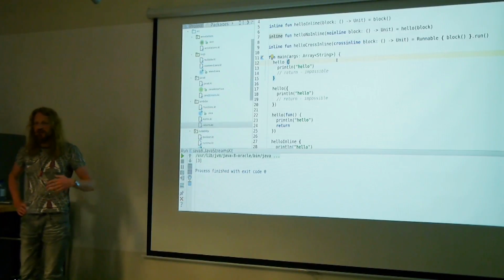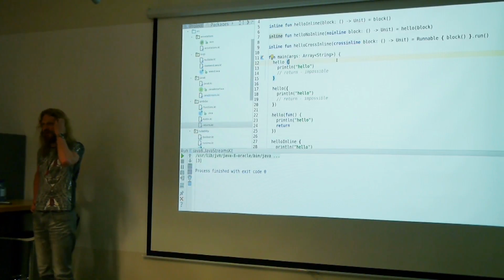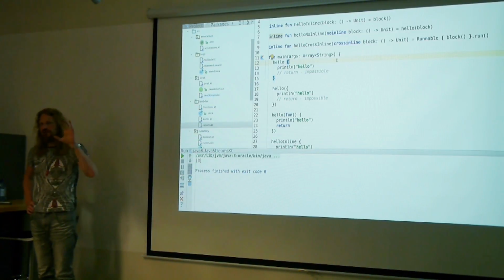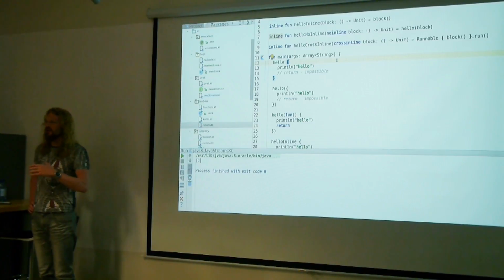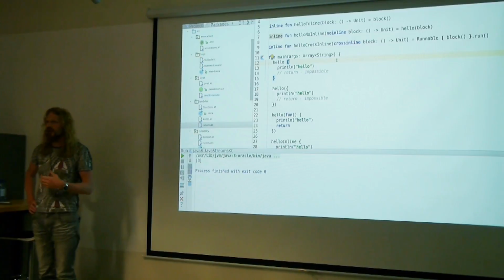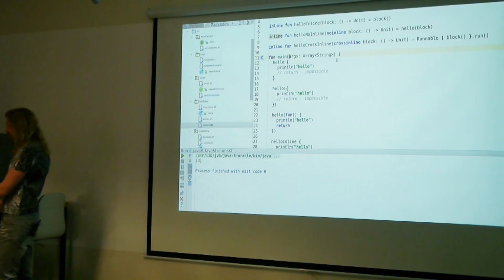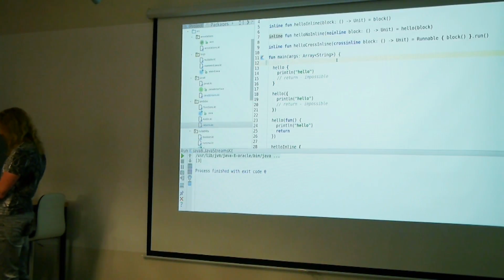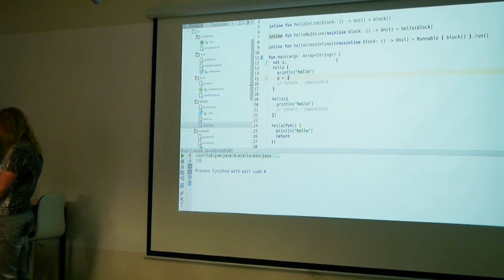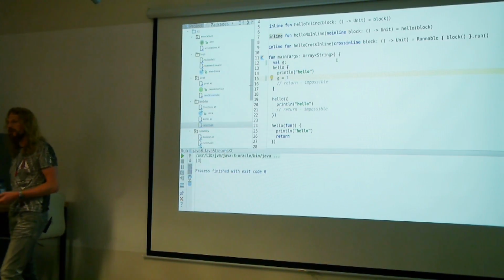And they actually can be closures as well, if needed. So they can capture the outside scope, and it can be mutable as well. So like in Groovy, unlike Java, the variable that I use here doesn't need to be final. So I can write val a, and I can change it here with no problems.